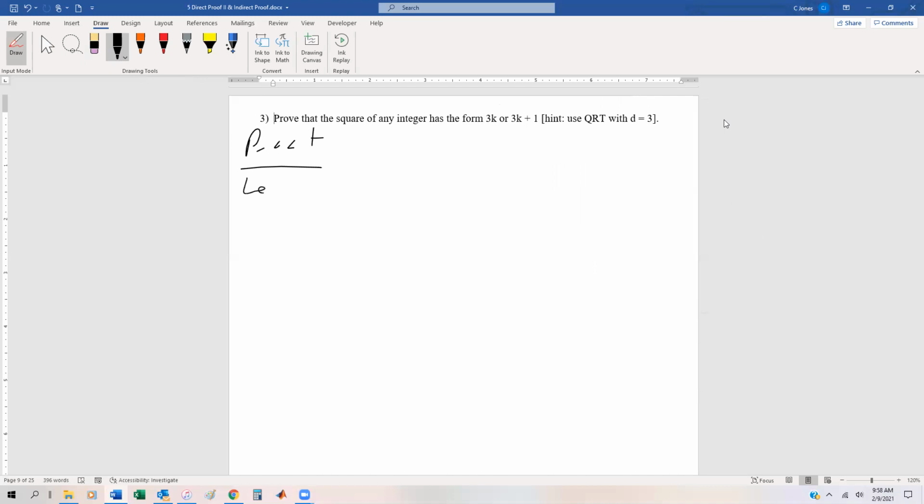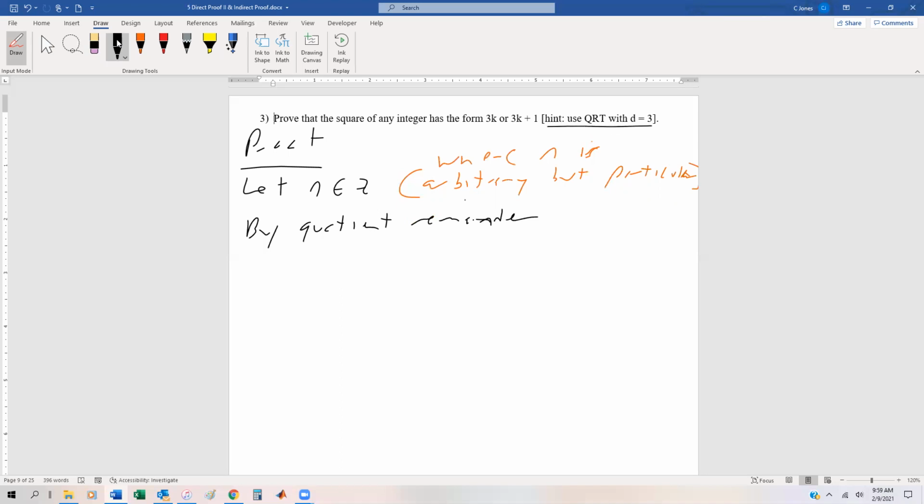Okay, so let n be an element of the integers, and we're going to say arbitrary but particular. I guess we should say where n is arbitrary particular, just to be precise about this. And we know the quotient remainder theorem. So we're not using even or odd on this one. I gave you the hint to use the quotient remainder theorem. So by the quotient remainder theorem, with d equals 3,